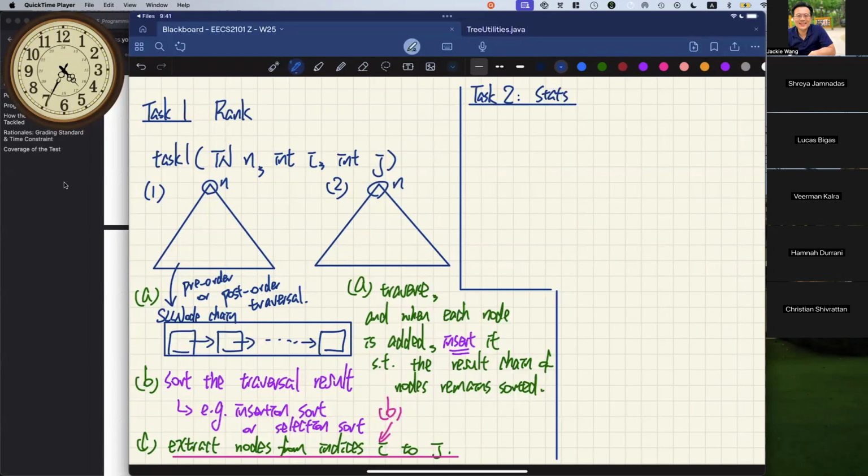Okay, let's talk about approach number 1. Again, the input is simply just the root of some tree, right? Just the root. We don't really have like a range anymore. That's only for task number 1. Okay. So what we get is, let's say the root, again, let's call it n. Okay. And of course, this is the input tree.